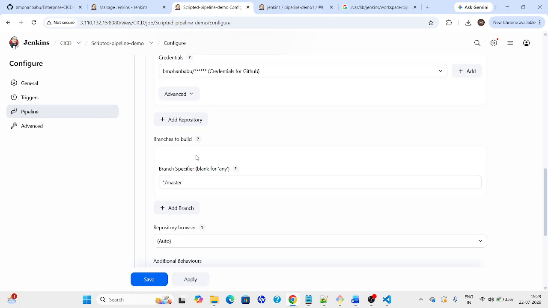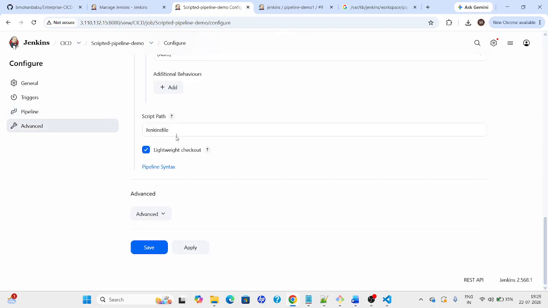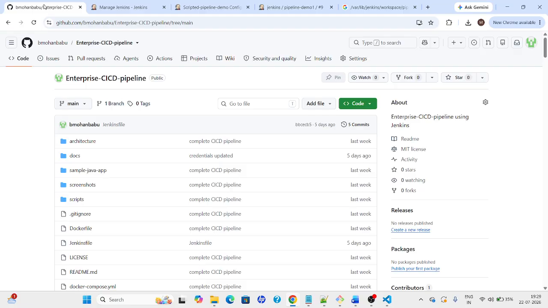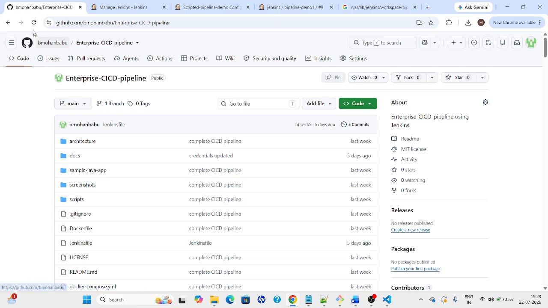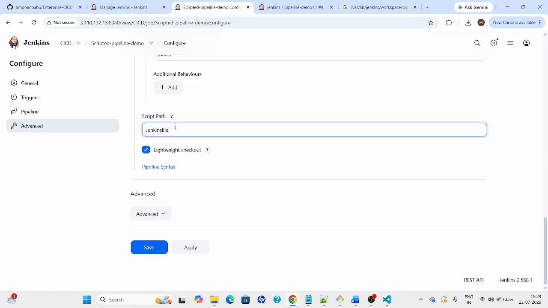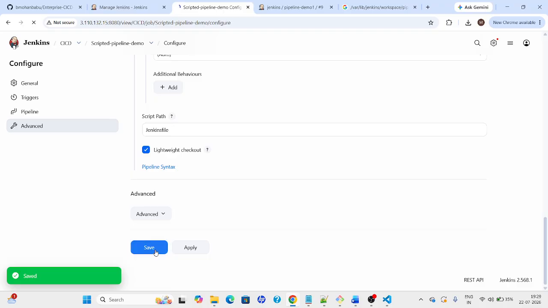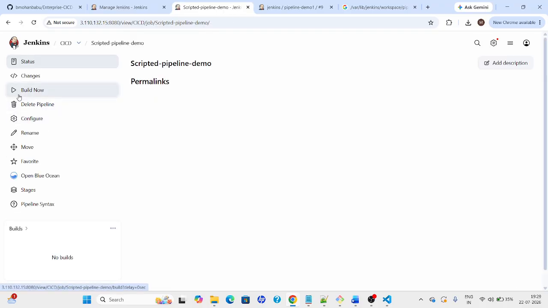credentials, master, no, main, and the script path. If you are using your Jenkinsfile inside any folders, then you have to provide that path. If it is directly in the main repository, inside the particular repository, this is my repository, right, then you can directly give it as Jenkinsfile. Apply, save. It will build